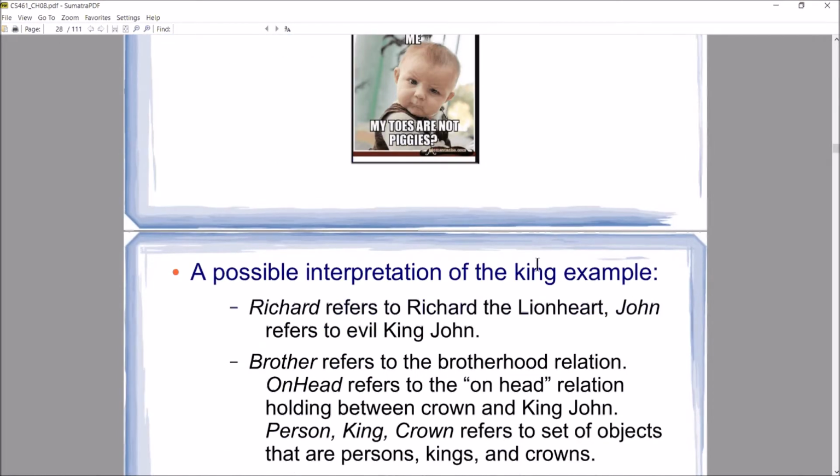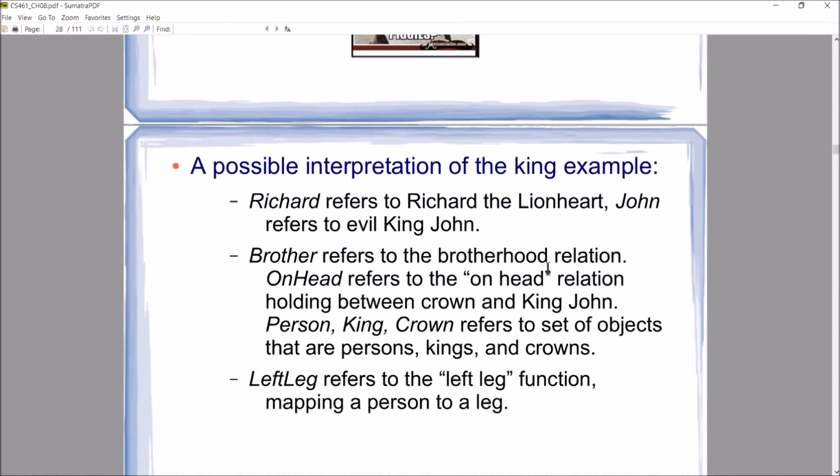So here's one possible interpretation to give you an example of that. We've got this symbol Richard, and that's going to refer to Richard the Lionheart. We've got this symbol John. That's going to refer to evil King John. We've got this symbol brother. That's referring to the brotherhood relation. On head, right? That can refer to the on head relation. That's going to hold between the crown and King John. If John's the king, on head is going to be used to refer to having the crown on King John's